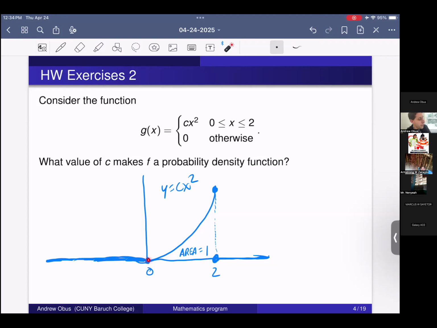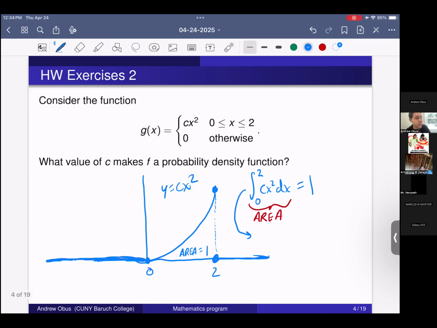Remember, the area is the area under the curve, and that corresponds to the integral, right? So we want to set the integral from 0 to 2 of this function, cx squared dx, equal to 1, right? Because this here is the area. Okay? And now our c is a constant, so we can use this to solve for c. What's the antiderivative of cx squared? Well, we know an antiderivative of x squared is 1/3 x cubed, right? So this is c times 1/3 x cubed evaluated from 0 to 2,